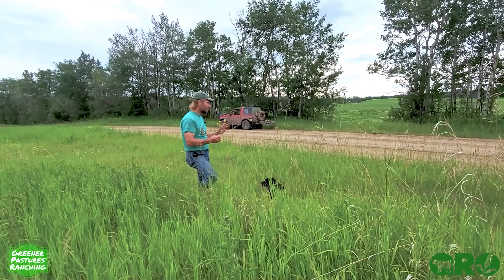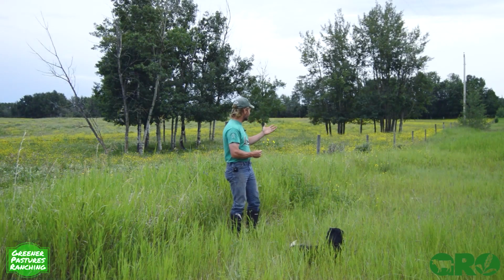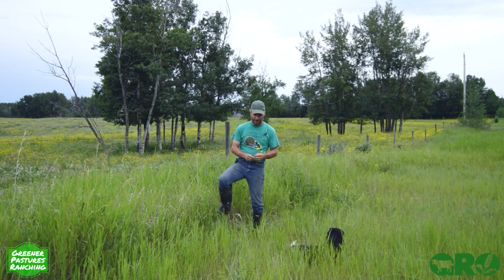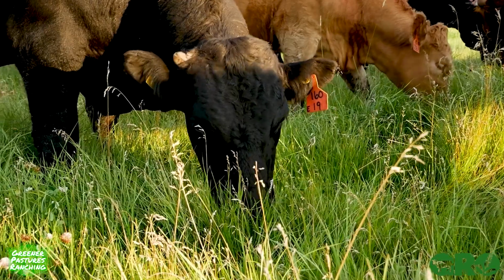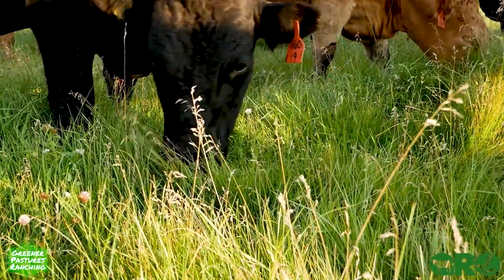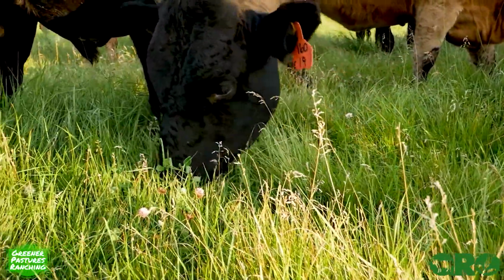So it doesn't matter what weed it is. Everybody's got different weeds, different issues coming in. This happens to be buttercup. There's a lot of buttercup in our part of the world here in Alberta. It's taken over large areas of land. You can see in the background here, we've got quite a bit of buttercup in this field. It's continuously grazed. Okay. Now, what we should do with a piece of land like this is regeneratively graze it,